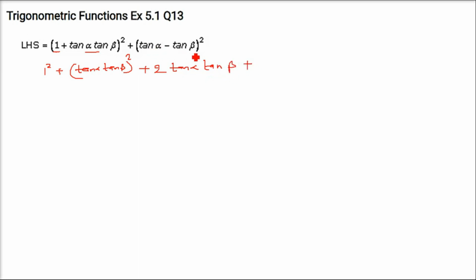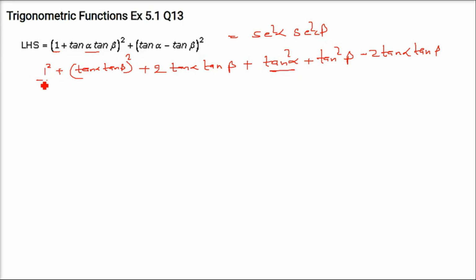Now here what do you get? (Tan alpha minus tan beta) whole square is tan square alpha plus tan square beta and minus 2 tan alpha tan beta, right? Now what we have to prove is that this is equal to sec square alpha and sec square beta. So from this 1 and tan square alpha, if you add these two, because sec square theta is equal to 1 plus tan square theta, you get sec square alpha,